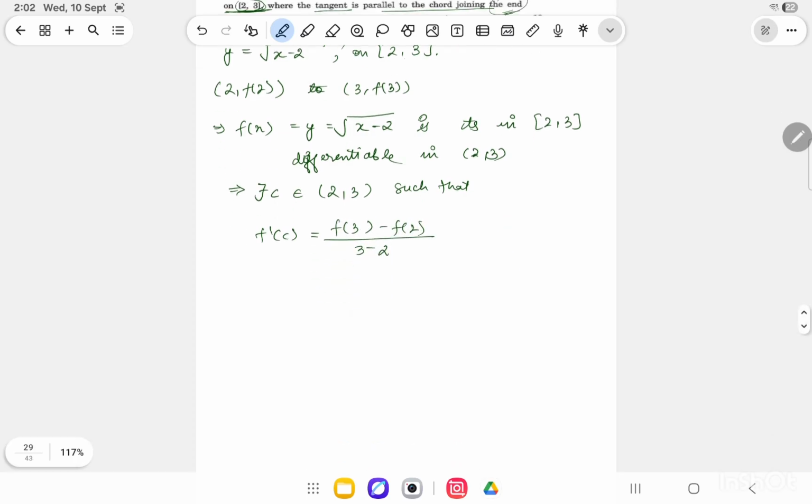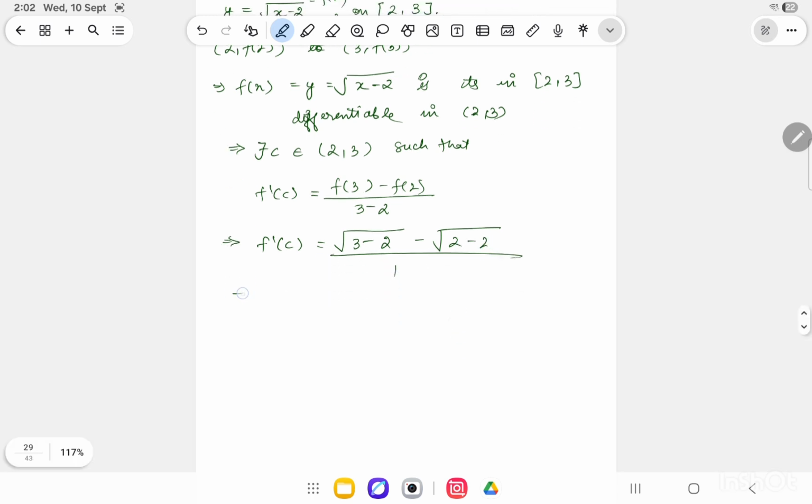So from here f'(C) equals f(3), that is under root 3 minus 2, minus f(2), that is under root 2 minus 2, divided by 1. So f'(x), that is 1 by 2 under root C minus 2, must be equal to 1,